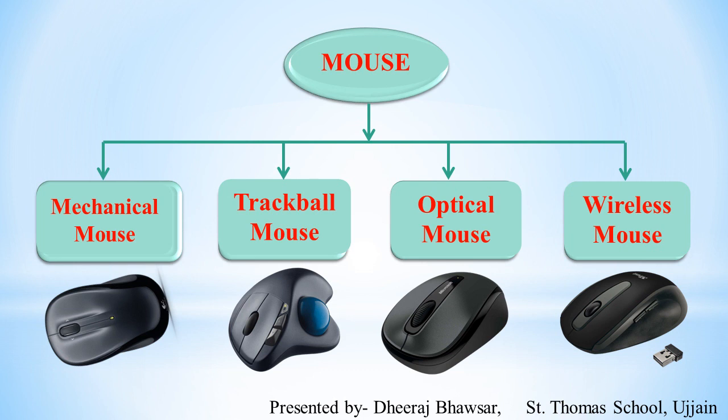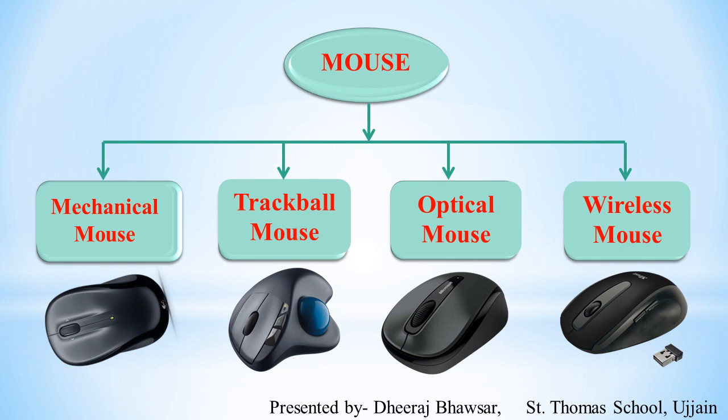The third is optical mouse. Unlike the traditional mouse, they do not have a mouse ball but they have optical sensors which use laser technology to track the movement of the mouse pointer, and they respond more quickly and precisely than the mechanical mouse. And now we all are using optical mouse.